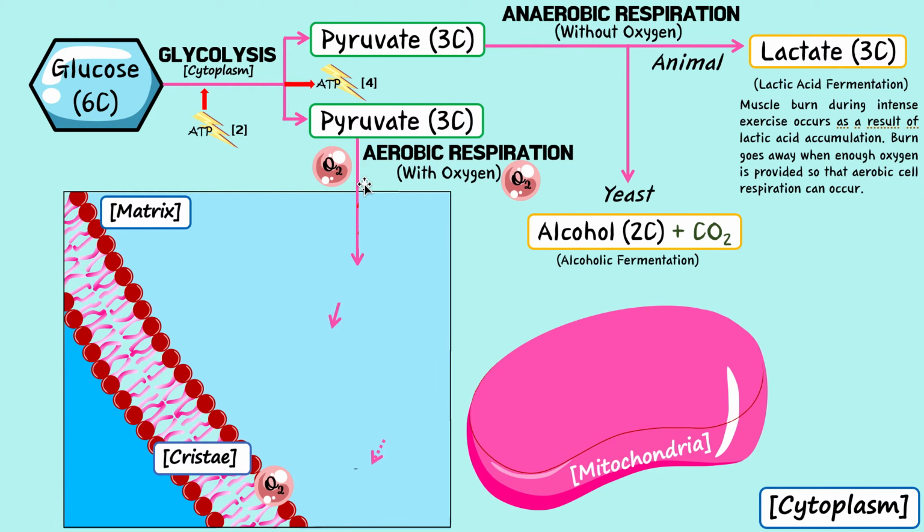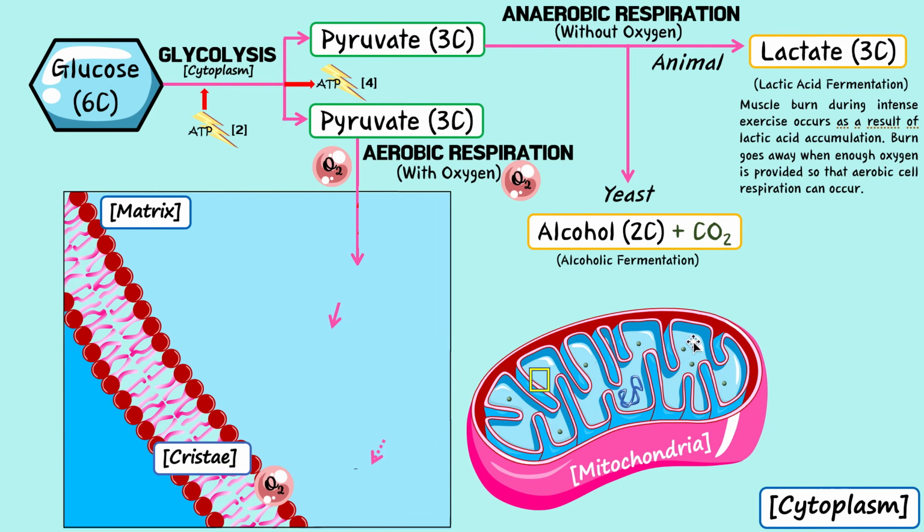So the first stage that's going to happen now is this pyruvate is not going to stay in the cytoplasm anymore. It's now going to go into the mitochondria. So where does it go? So this is our mitochondria. We can see it has all these crazy little folds. So it's one outer membrane, then it's got this inner membrane, and then this light bluish area, we call this the matrix. And all these little folds, we call them cristae. Okay, so where is this pyruvate going? So for aerobic respiration, so when oxygen is high, it's going to go into the matrix of the mitochondria.